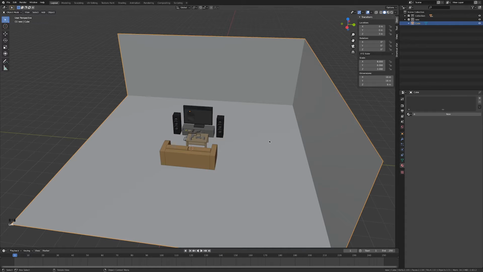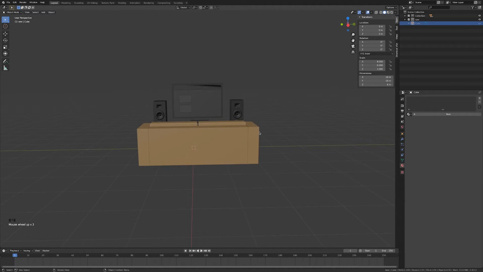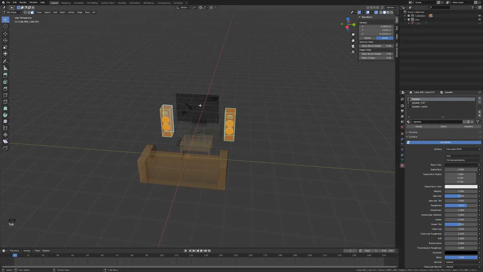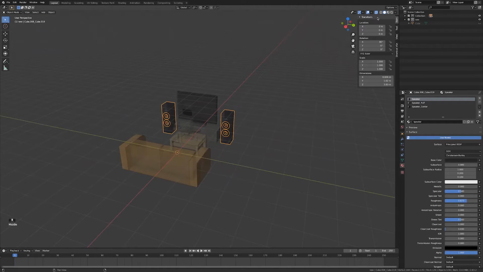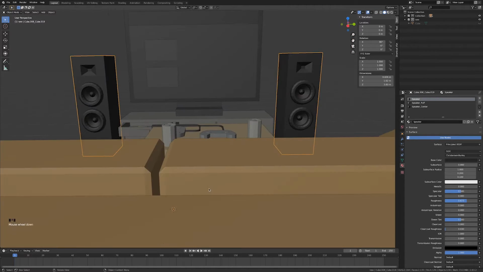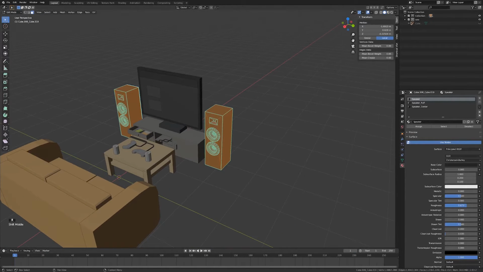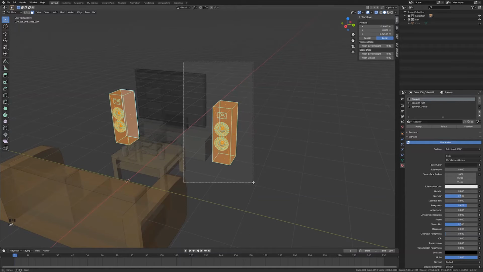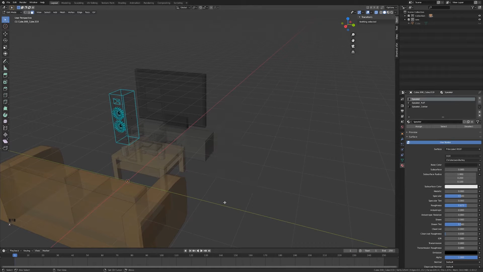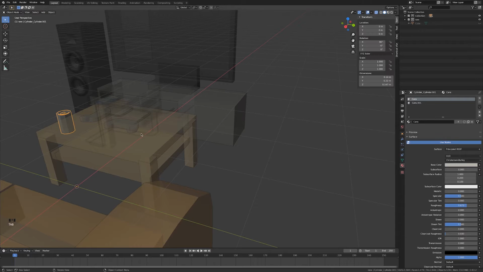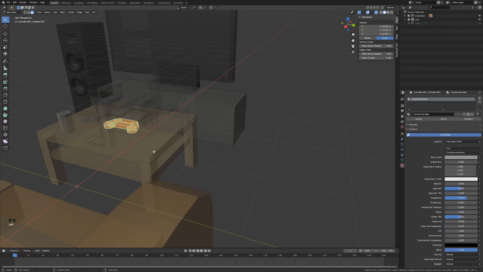So the first thing we're going to do is remove all the tris that we don't need. Before we do that, let's make our lives a lot easier and delete everything that we have 2 of, because we're going to be modifying objects, so we don't want to modify everything twice. We just want to modify things once, and then we can duplicate them and put them back into place. So I'll do that with the speaker, the can, the game controller,